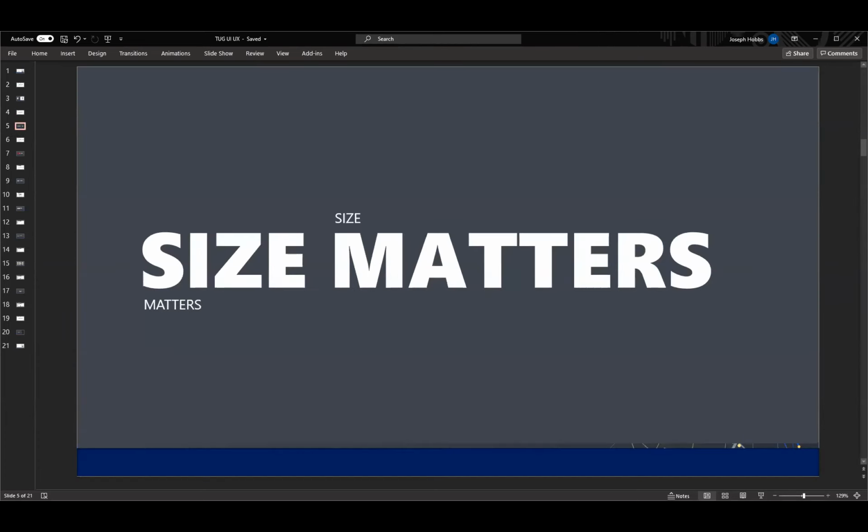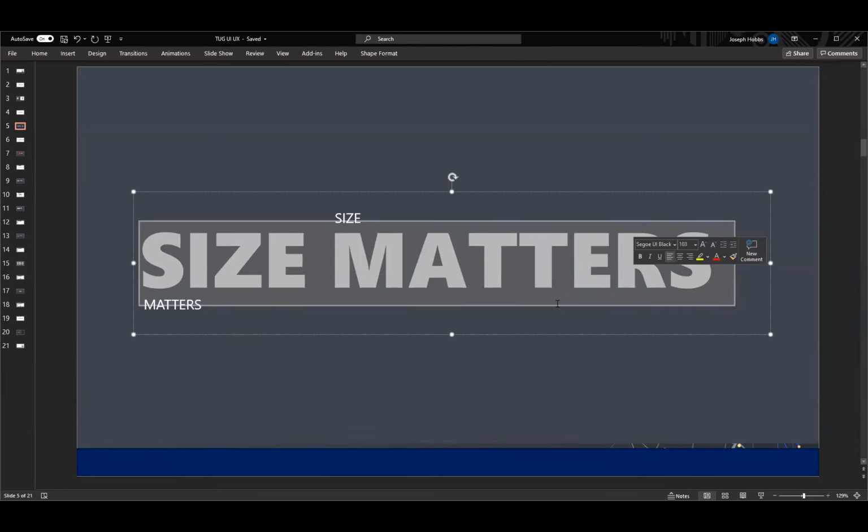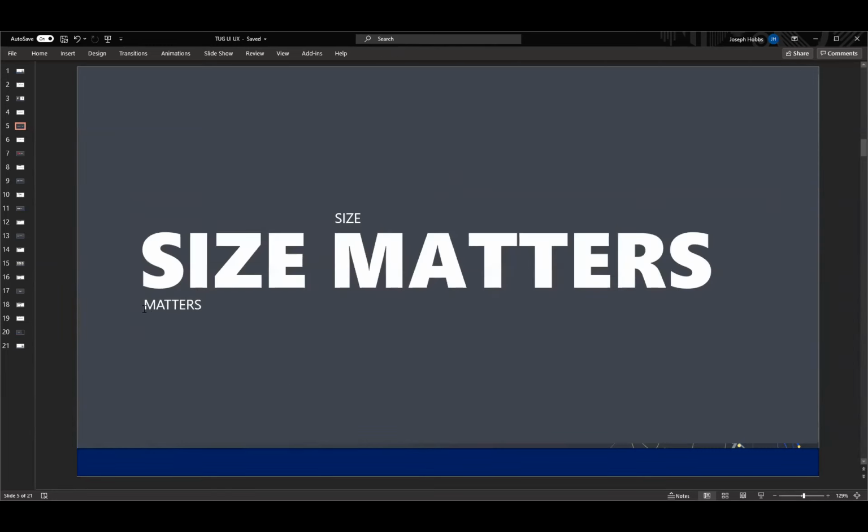The next thing to consider is that, in this instance at least, size matters. I'm going to use this little trick on my PowerPoint slides a number of times here. I want you to read this, and when you do, what I suspect is that you don't go "size matters," right? You're reading across here. And the reason you did that is because in your brain, the size mattered. You thought these things are a similar size and they're big. I should read them first, and then I should come back and find these other words which are much smaller.